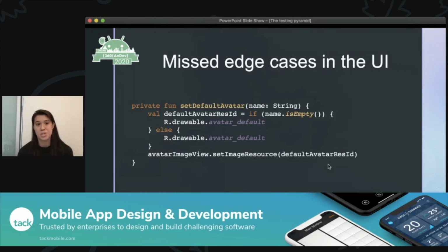Otherwise, if the user does not have a name, it will show them the drawable that prompts them to upload a photo. Except if you look at this carefully, you'll notice that it doesn't do that. And this piece of code made it through code review. Sorry, it made it through my own manual testing. It happened because I flipped this if statement at some point in time, and I didn't flip the other, it was a copy paste error. Anyway, it made it through code review, and it made it out into production.